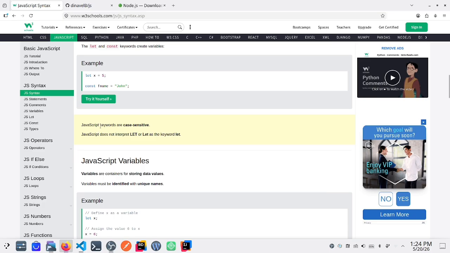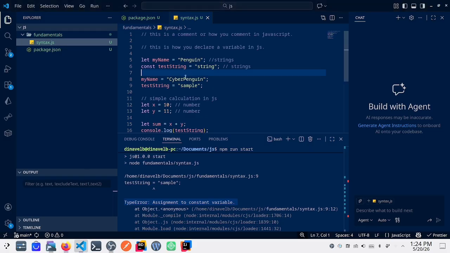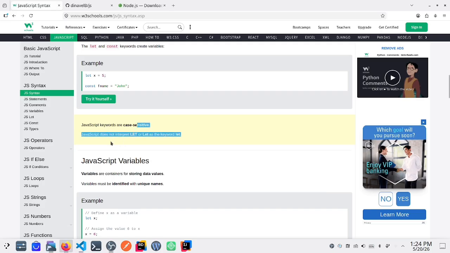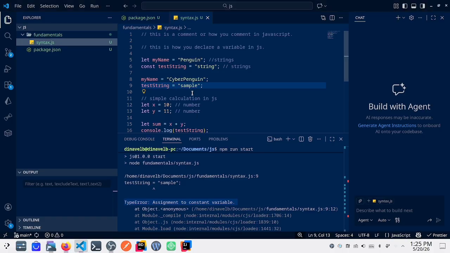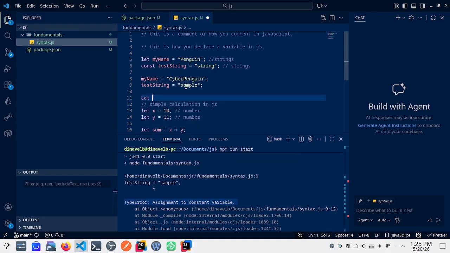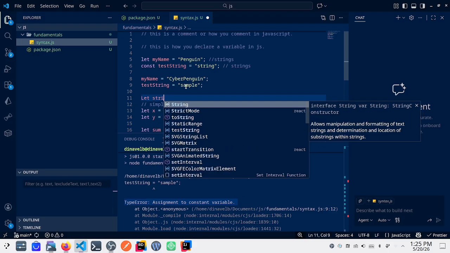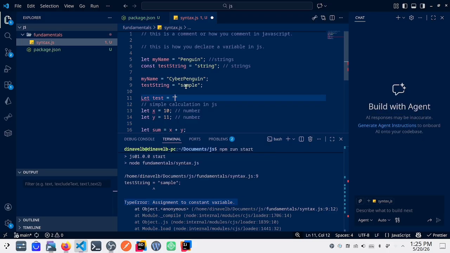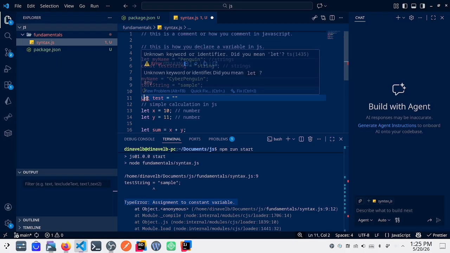Okay, after that, JavaScript is case sensitive. JavaScript does not interpret Let as the keyword let. If you declare it with a capital L for let, it will throw an error saying unknown keyword or identifier, did you mean let?